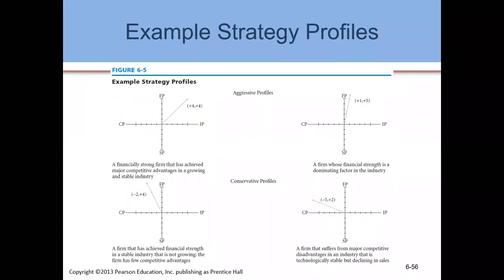Now, these are a few of the solved examples I have. Please carefully watch my mouse movement. On the FP axis, we have to calculate the values given to financial position. Suppose we have taken four factors in the financial position calculation. We assign those four factors a rating from 1 to 7. The 1 would mean the worst situation and the 7 would mean the best financial situation considering that particular factor.